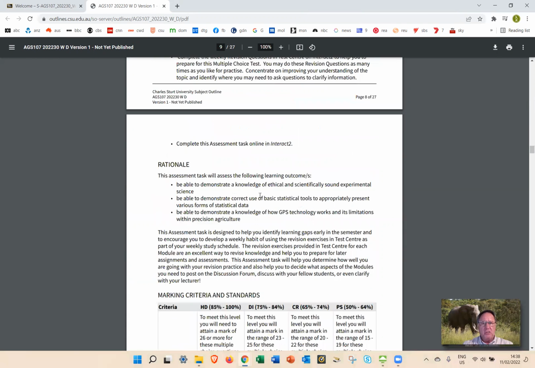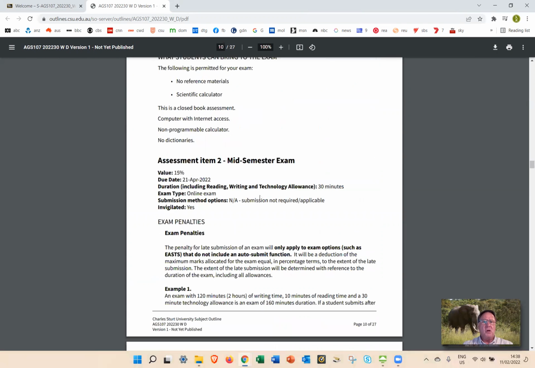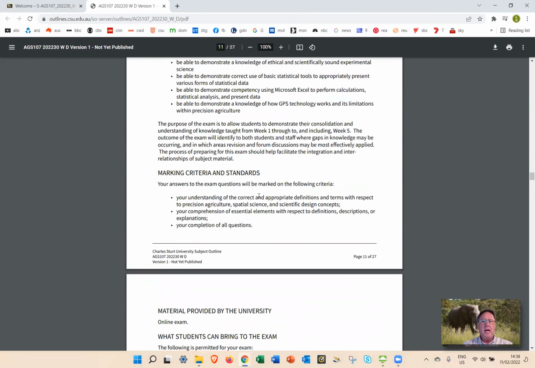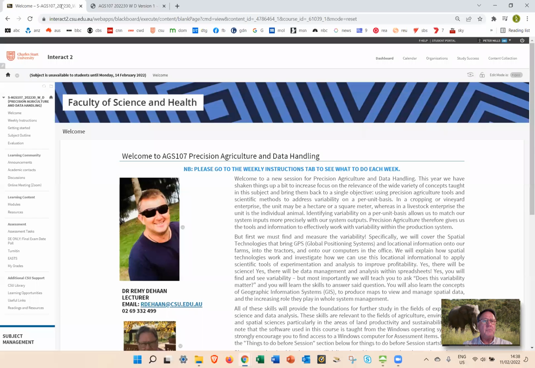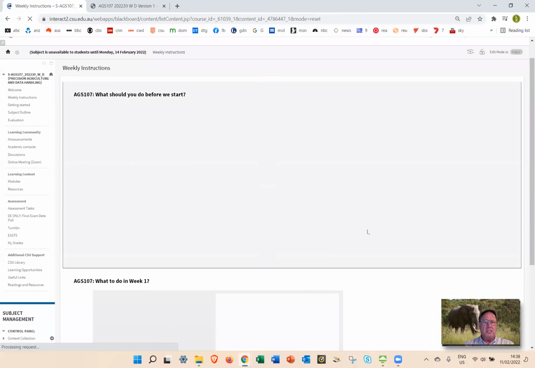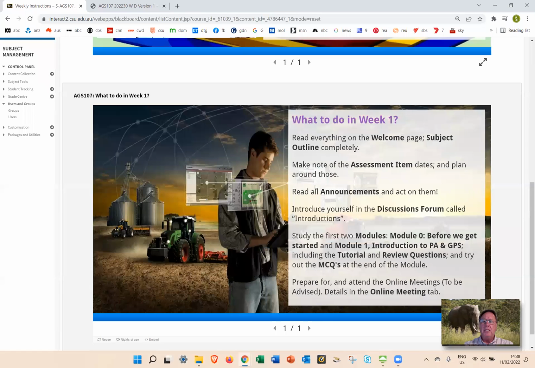So the individual instructions for each of the assessment items are posted here. And it's very important that you have a good look at that. The other thing that we ask you to do in the weekly instructions for week one is, after having a look at the welcome page and the subject outline, make note of the assessment dates, plan around those,